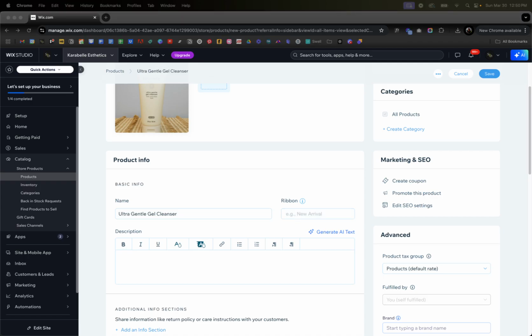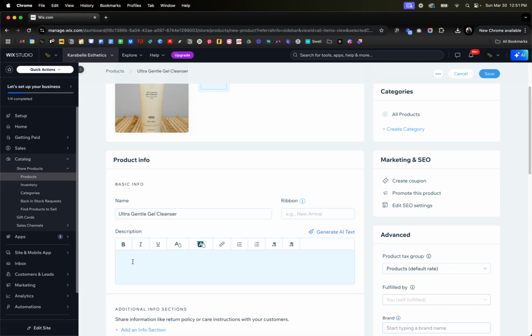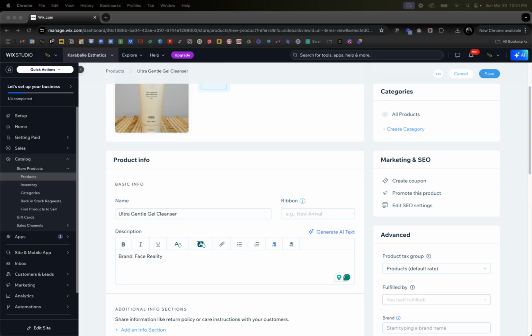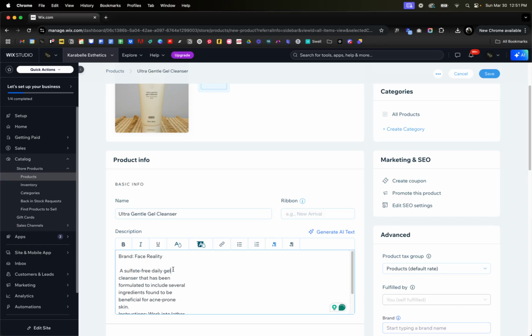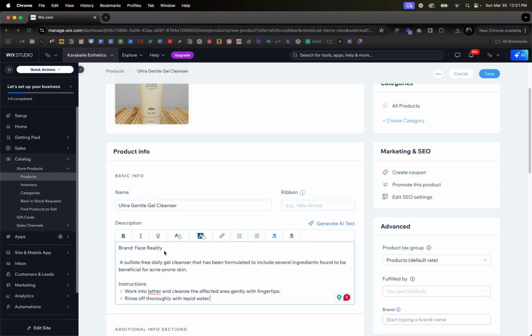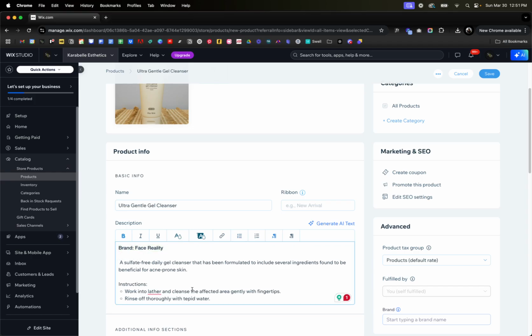Description. This is where you're going to put all of the information regarding the product itself. So let me go ahead and grab the description here. I have it on my other screen. I paste it in, fix this formatting. Okay, so now I have this formatted the way that I would like, having the description followed by the instructions,